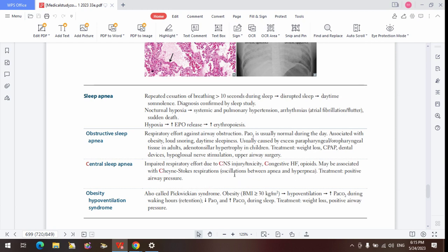So then the CNS injury and the opioid, of course, in these guys you already have depression of the respiratory center. From the opioid, and from CNS injury, the respiratory center in the medulla is likely to be damaged. They have little ability to detect CO2. They only detect that CO2 when it has accumulated to a very high level. You guys see that they actually follow the same mechanism.